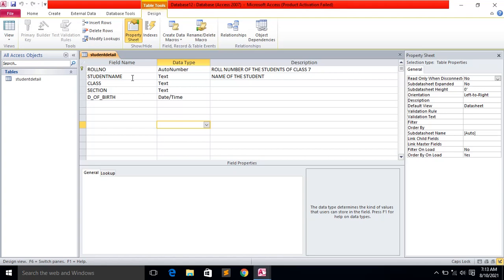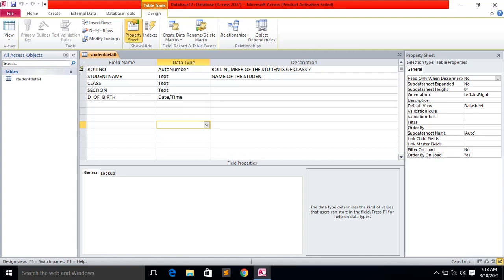Is it not? They are in the same class, same section, maybe of the same date of birth, but they do not have the same roll number. So when you create the database, you have to keep in mind that one field should be a unique field which should not be duplicated, which should not be repeated. So the roll number of these two persons named Ajay Kumar, one will be say 1 and another will be 2. So the one field should be like that, which is different from the other. That's why this field is set as a primary key.